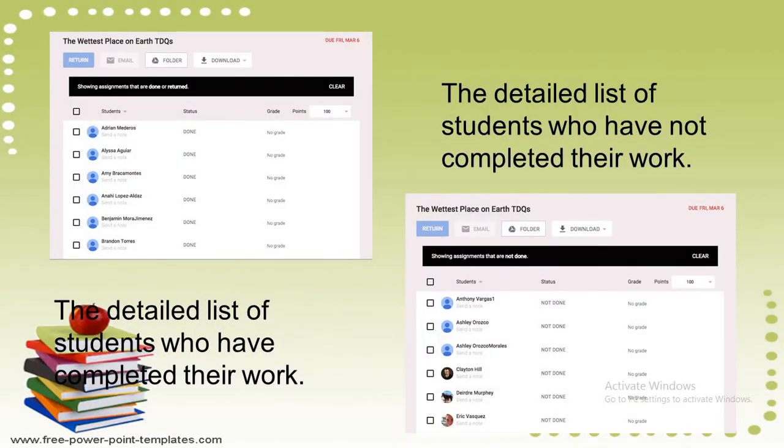For the detailed list, when you click on the student, you can see all the students' names and their status, whether they have submitted the assignment or not. Then you can give the grades here. Grades you can give out of 100. Based on your need you can give 10, 15, 20, anything up to 100. The maximum point is 100 here. Based on that, these marks are converted to grades.